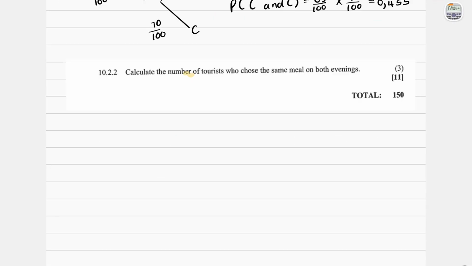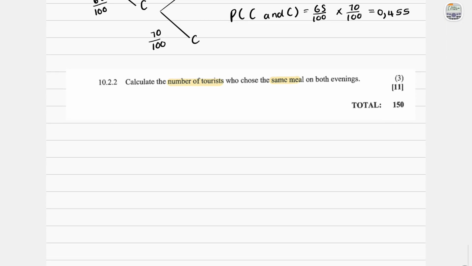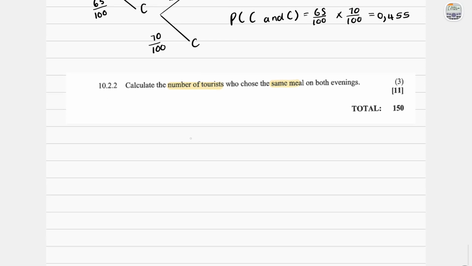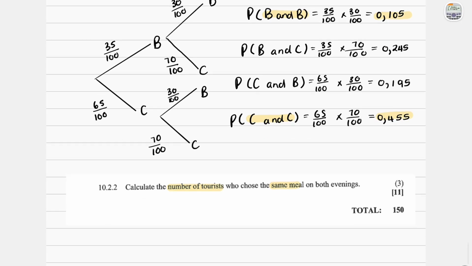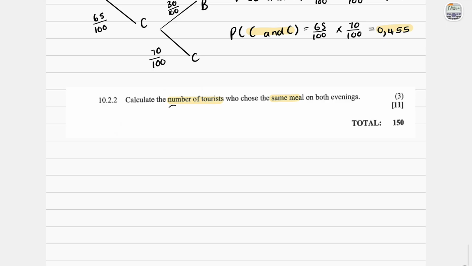Question 10.2.2 says, calculate the number of tourists who chose the same meal on both evenings. So the same meal, meaning on evening 1, they took one meal, and then on evening 2, they took the same meal. So that would be beef and beef. We can take beef and beef, or chicken and chicken. Okay, so you can see their values. So we can just write this down first. This is first the probability, because they want us to find the number of tourists. So the probability would be beef and beef, and then plus chicken and chicken. And then we'll just add